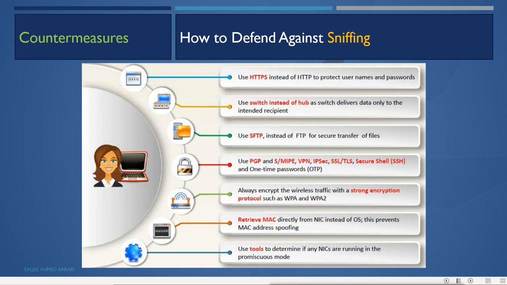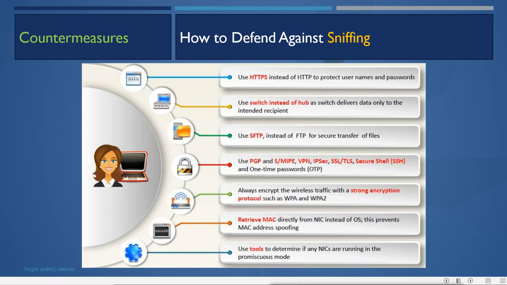Now, how to defend against sniffing? These are the countermeasures. For defending against sniffing, we should use HTTPS instead of HTTP to protect usernames and passwords. Remember, we should protect the protocols which are not secure by default. So instead of HTTP, we should use HTTPS, which uses the encryption technique to secure the data.